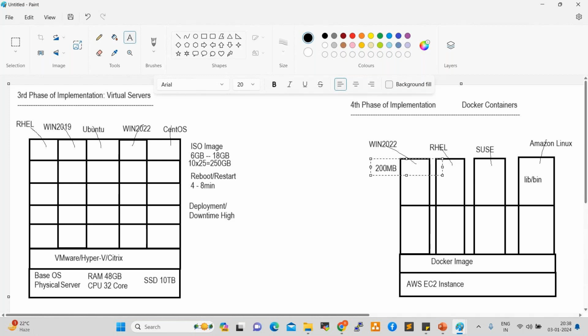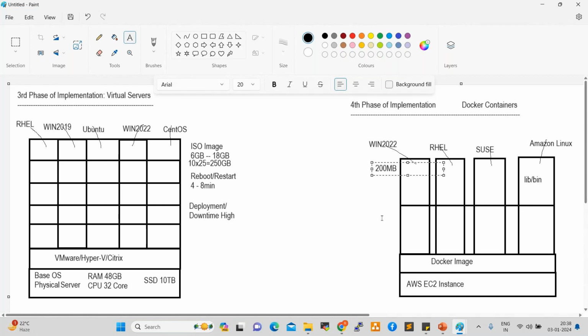It takes only the bin and lib files required to deploy the applications and the code. So only 200 MB is occupied for the operating environment.